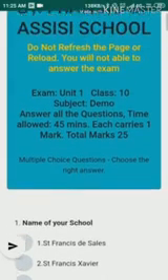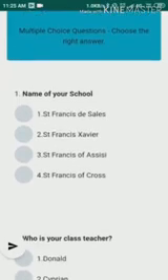Here a question is given, and along with the question four options are given. Among these four options you have to choose one correct answer. So this is MCQ, multiple choice questions: one question and four answers are given. You have to tick the correct answer. So let me tick one answer. You will get the blue color for that selected option.